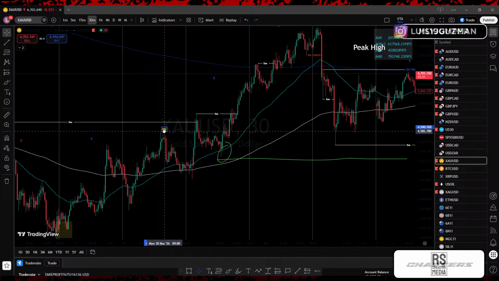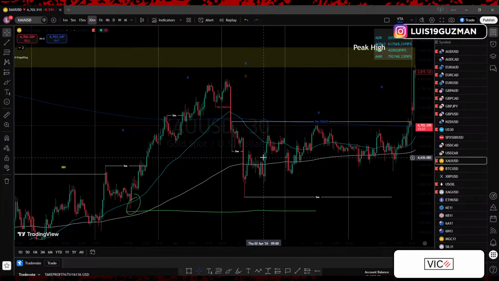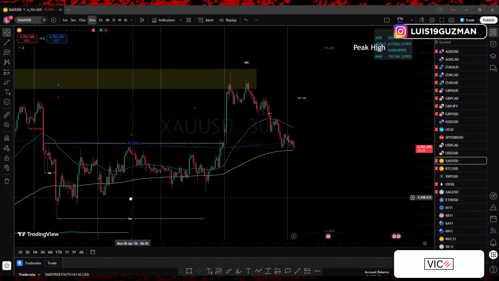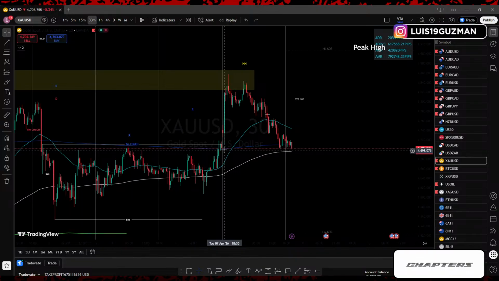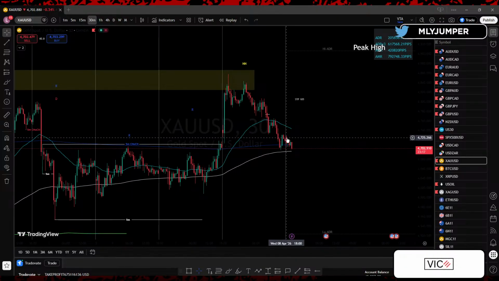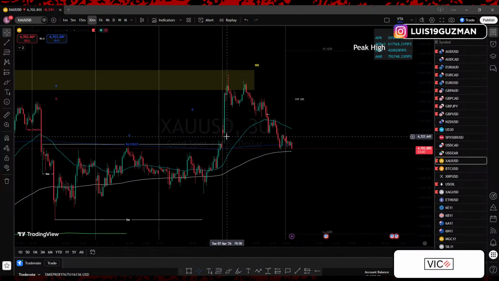So the R's again for the rise, that price went up. The drop is the D, right? It closed below, and then a no nut once again, the opening candle and the closing candle, right? So the opening candle, which is 6 p.m., which is here. The opening candle for the next day, which is 6 p.m., is here. You can see that they're touching, right? So if the opening candles are touching, it's a no nut. Price didn't go up, it didn't go down. It's in the same area.